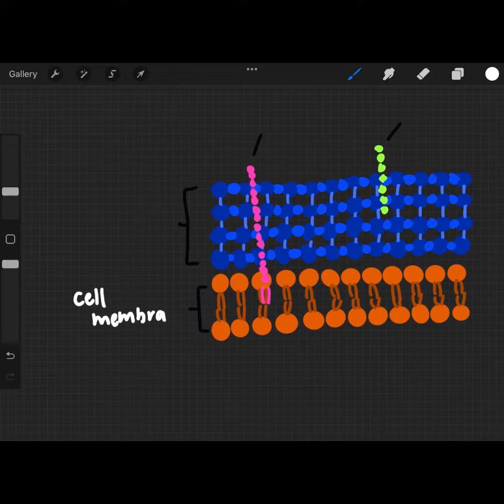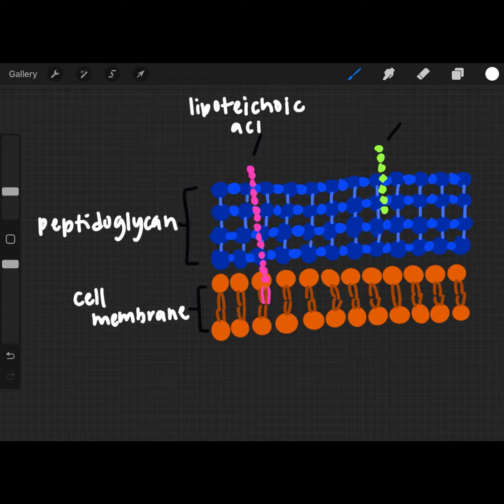It has a cell membrane that borders the cytoplasm of the cell and layers of peptidoglycan flanking that membrane. Among the peptidoglycan layers are lipoteichoic acid and teichoic acid, all of which are typically antimicrobial targets for gram-positive pathogens.